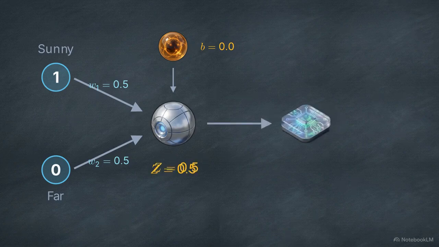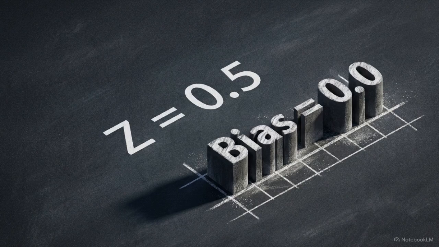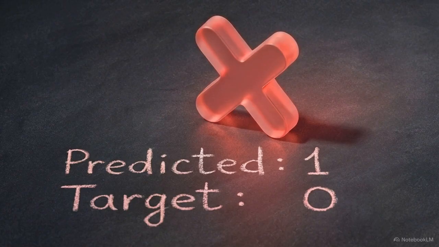We apply the activation function rule to this sum. Because 0.5 is greater than 0, the model decides to go on the picnic. This is a mathematical error. Our target data strictly states that sunny but far should result in a 0. The failure occurred because a bias of 0.0 left the model with 0 baseline resistance. It was too eager to trigger a yes based solely on the presence of sunshine, ignoring the long distance entirely. Encountering this specific calculated error provides the numerical difference the algorithm needs to recognize its flaw and begin the learning